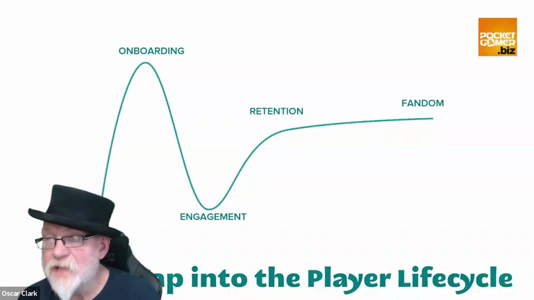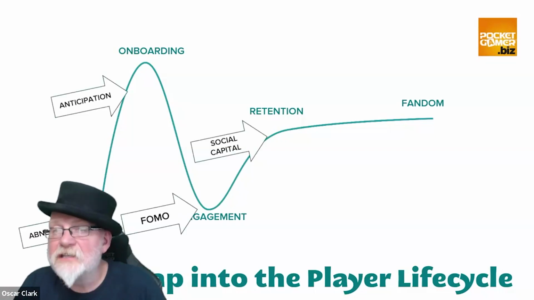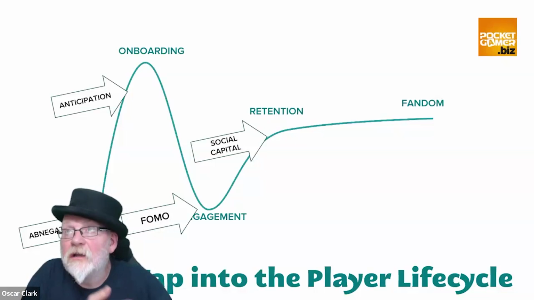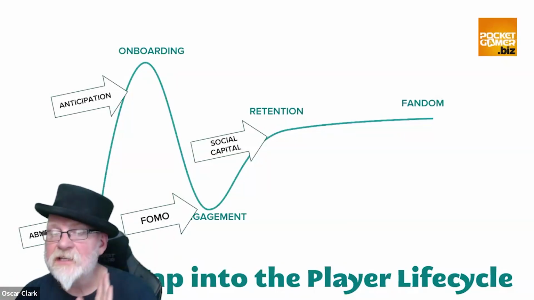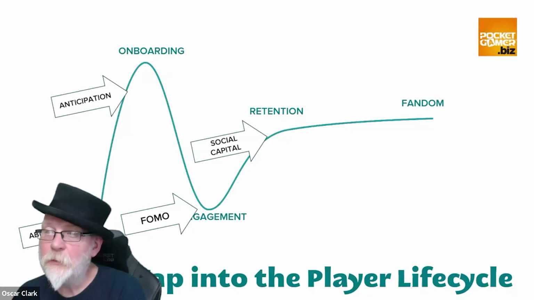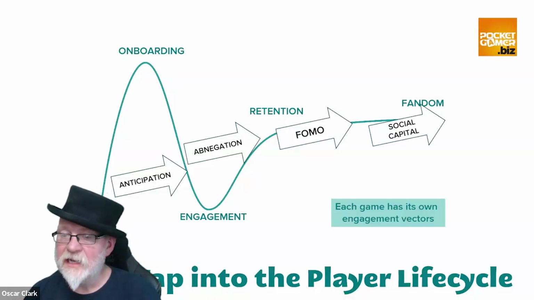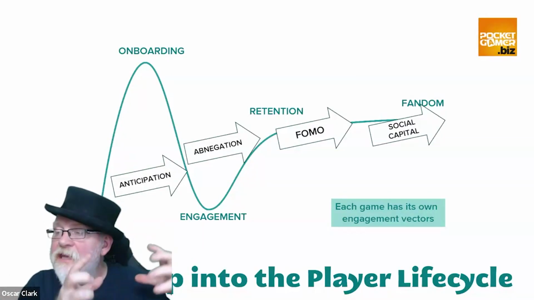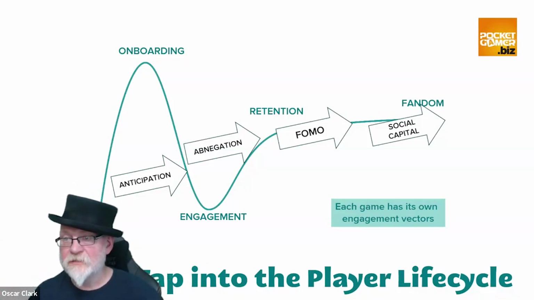We can look at the life cycle of a player and think about how these various elements can add to the value. For example, are we looking at the abnegation at the start? Are we looking at anticipation at these different points? But the point here is that if we ignore where the player is in their journey with our game, we don't look at our game in terms of its different behavior and needs, we are not going to be effective at understanding where these player value points fit in the overall experience.